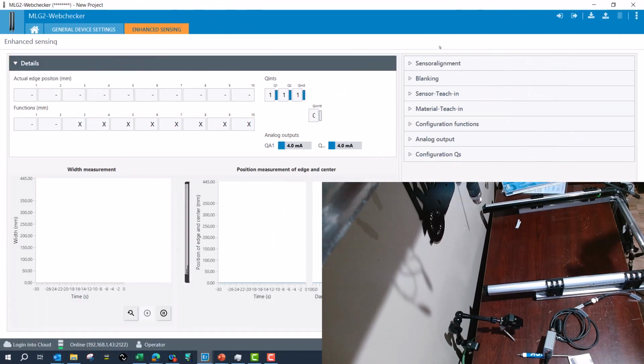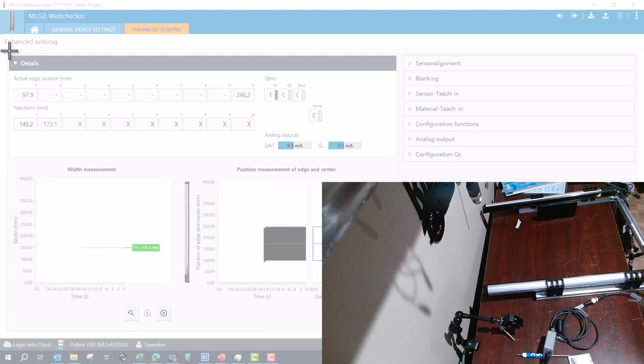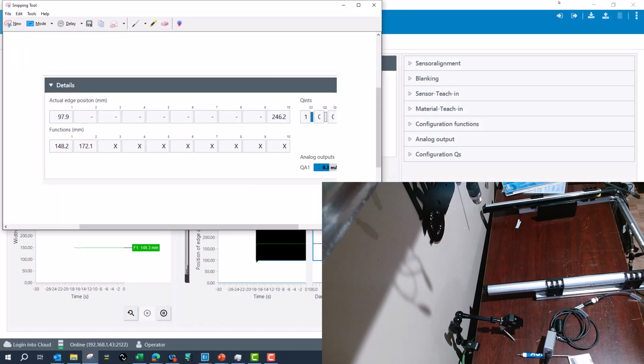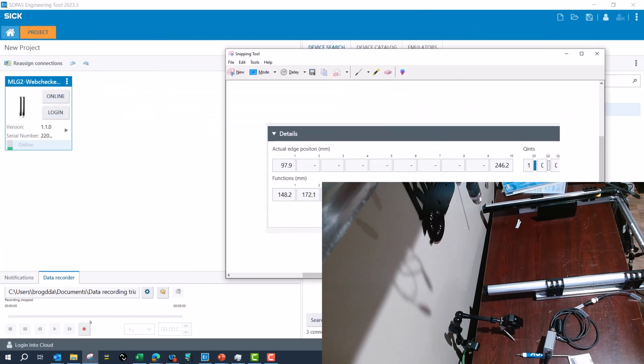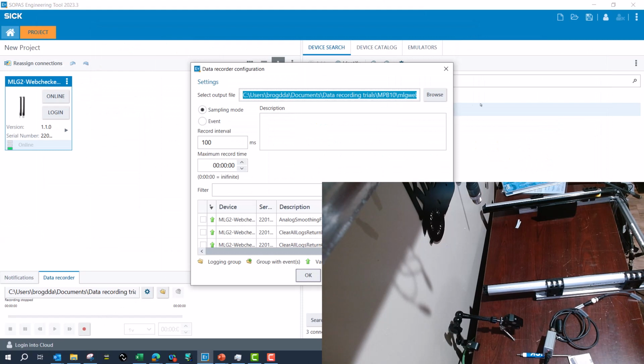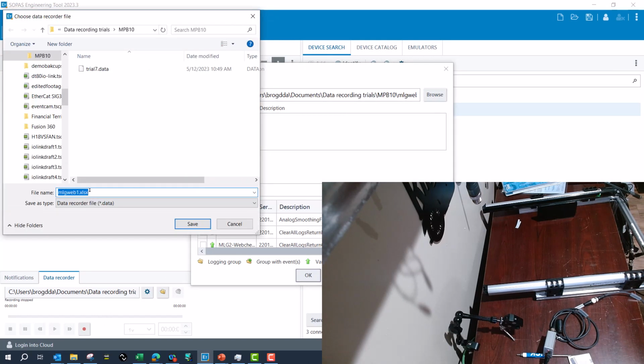So this is the Ethernet interface I'm looking at here. Now if I take this phone and put it in the Webcheckers there, you can see that I'm reading edge 1 and edge 10. So I'll go ahead and do a snipping tool on that. Now I'll close out of this window. I've got that snipped. We'll make this Web 2. We're going to put it in an Excel file,